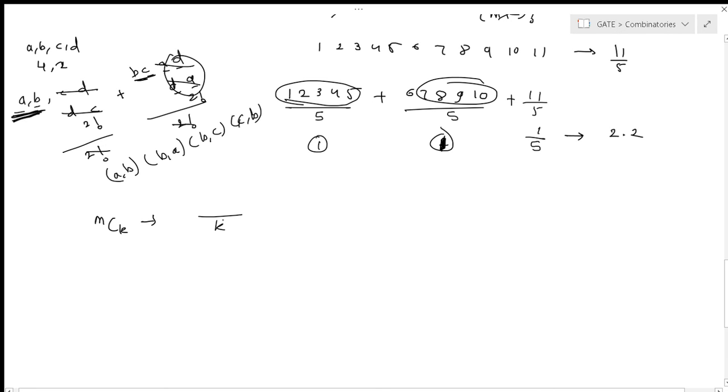Now, on similar grounds, when I say MCK, what I really want is the k elements first, and the rest, the m minus k factorial, would be there. Like when I'm saying m factorial. So how can I visualize this? I am keeping the first k elements constant, and the rest, the m minus k factorial, are moving. But when I'm dividing by m minus k factorial, I took care of this, right?